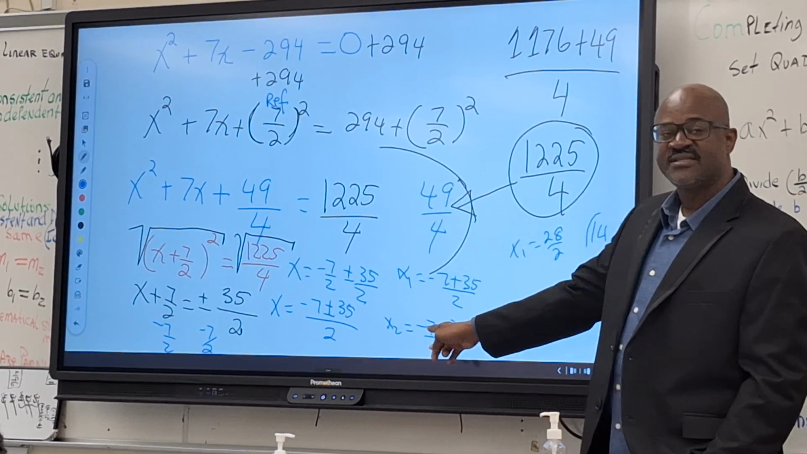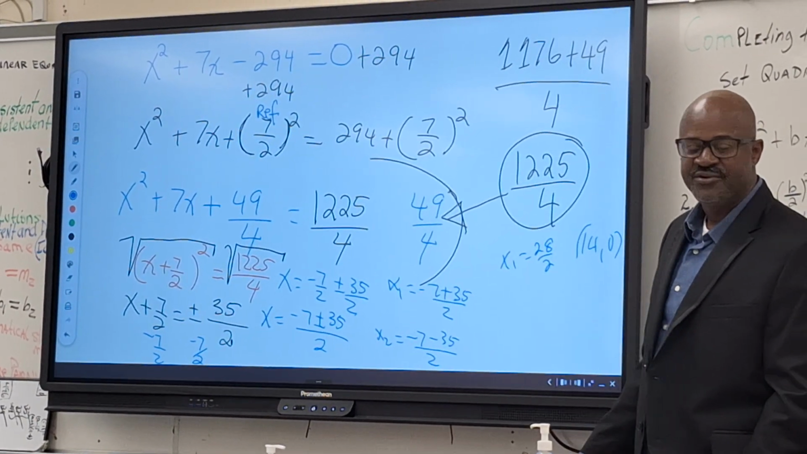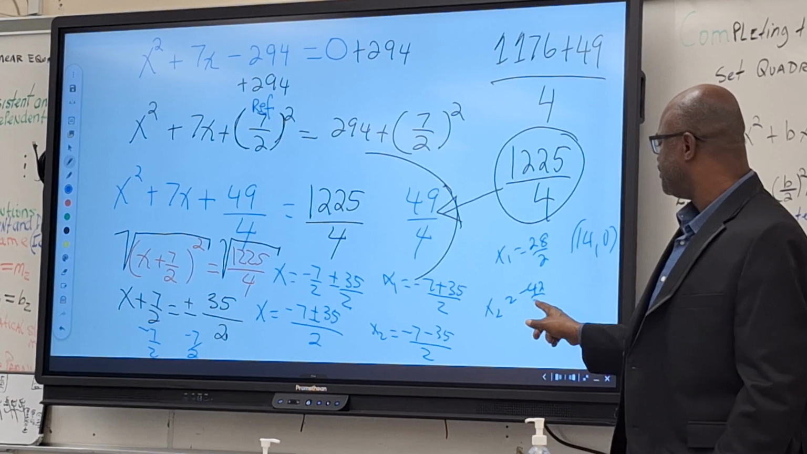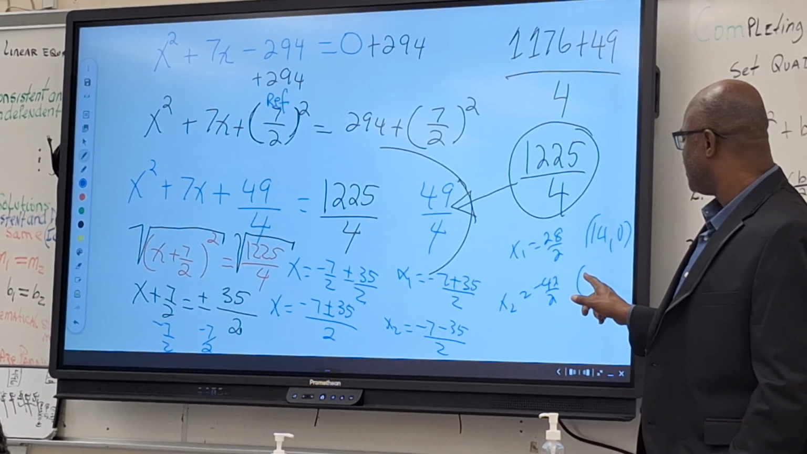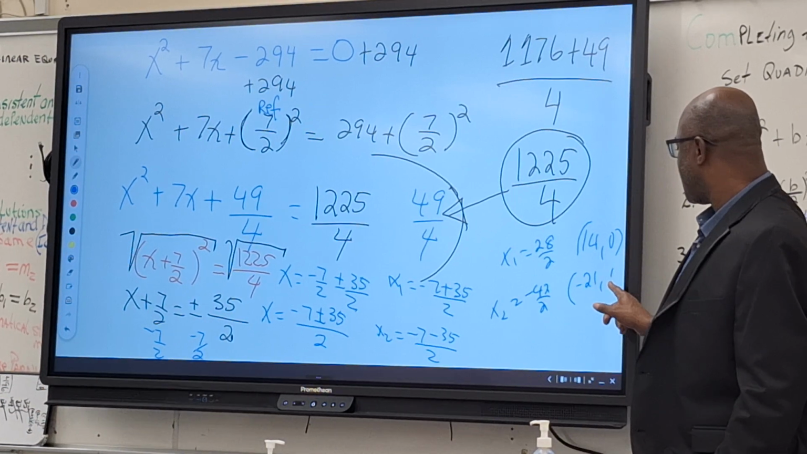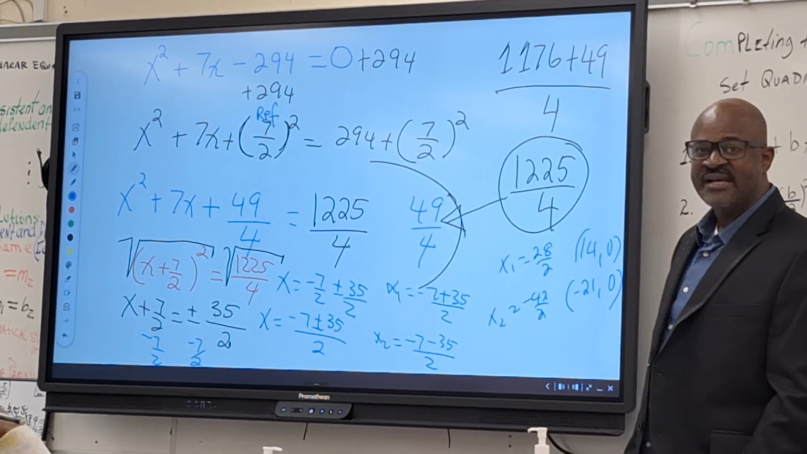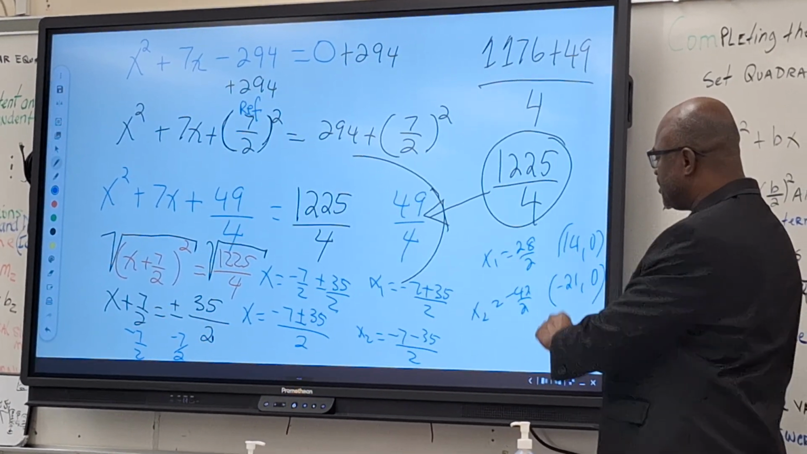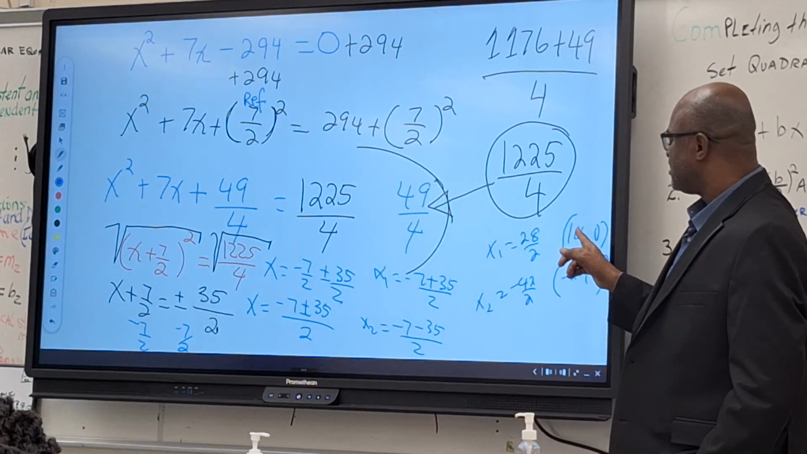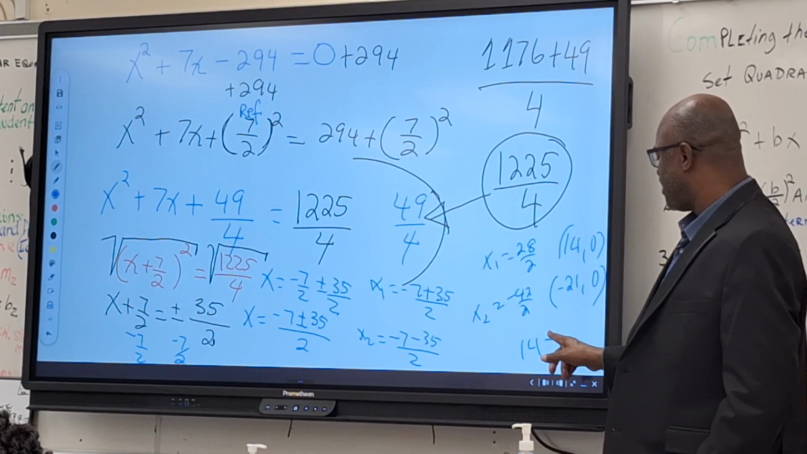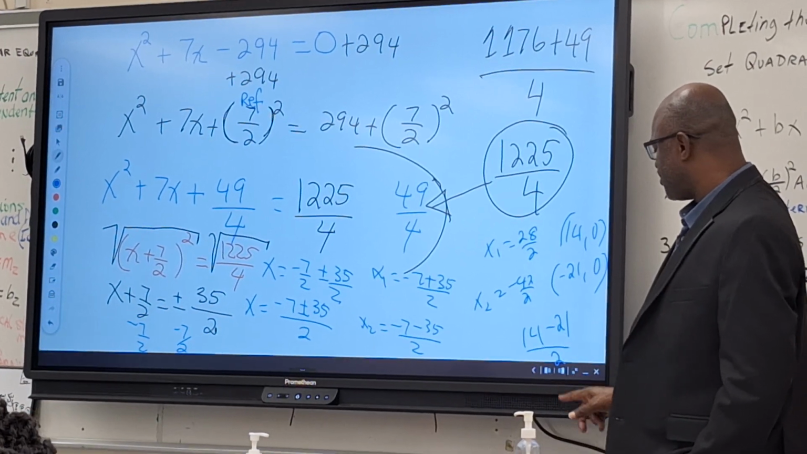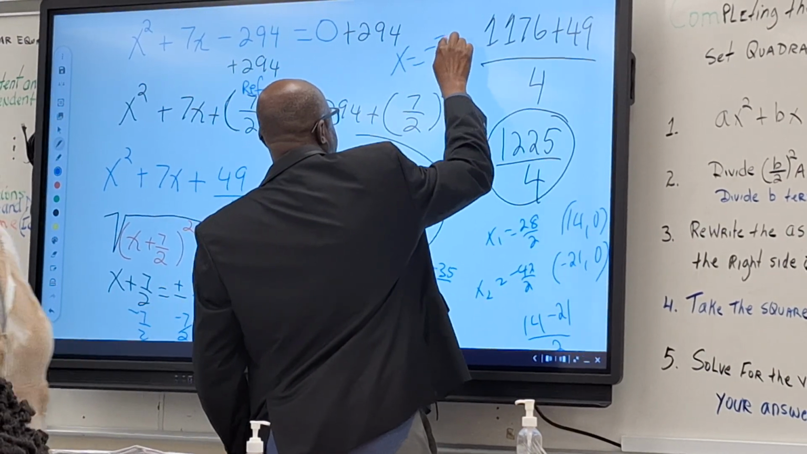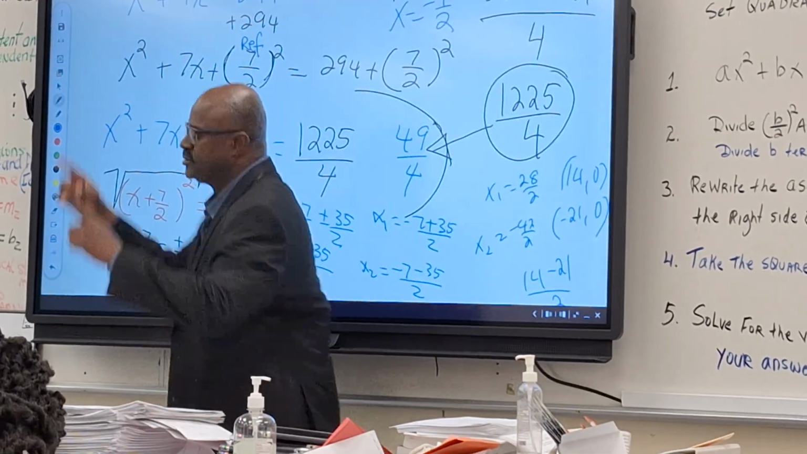The second one is minus 7 minus 35, which will give you negative 42. That will give you negative 42 over 2, which is negative 21, comma, 0. Now to find my axis of symmetry, I can sum those two and divide by 2. What is positive 14 minus 21, divided by 2? That will give you what? My axis of symmetry will be negative 7 over 2. And third,